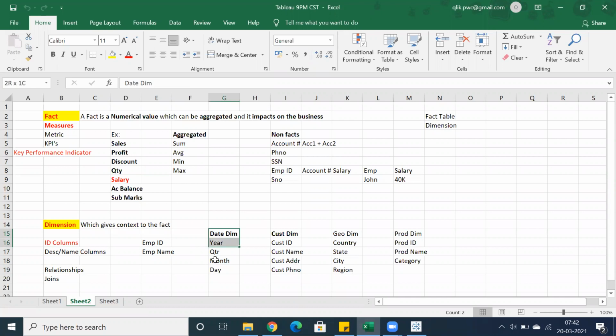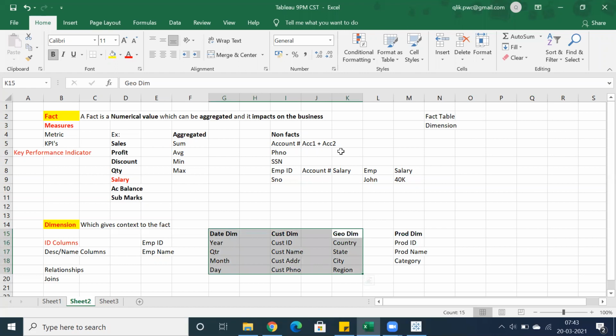So we have different dimensions like date-related dimensions, customer-related information, geographical data, and product dimensions as well. It depends on the domain which you are going to work on. We may have different domains like banking, pharmaceutical, healthcare, right? Communication domain. But generally these are the regular dimensions which we are going to see: date dimensions, customers, and geographical. These three are the most common dimensions in any project. Correct.